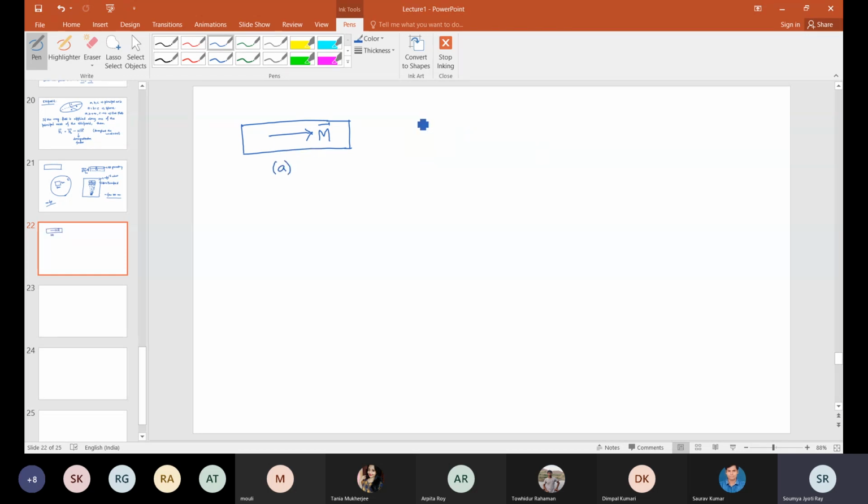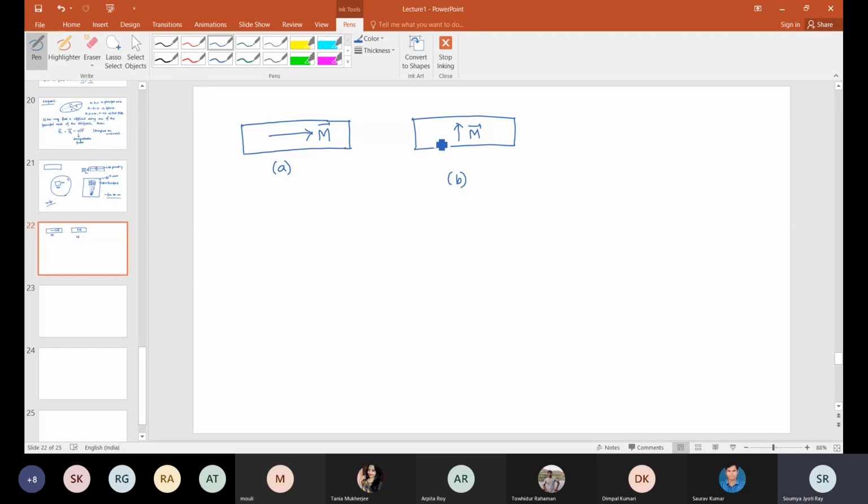Okay, now for the same material, or the same film, I can have an applied magnetic field in this direction also, which means that the material will be magnetized in this direction. Okay, do you agree? Yes or not? Yes, sir. Yes.